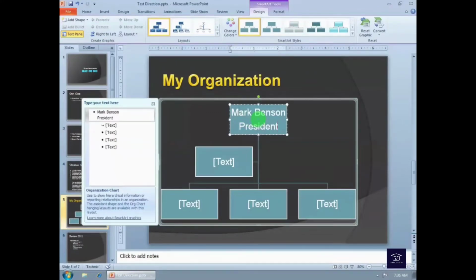And that's it. It's that simple. You can see over here in the text pane, whatever I did over here updates it over here. Whatever I type in here will update it over in the shapes. For example, let's go ahead and click